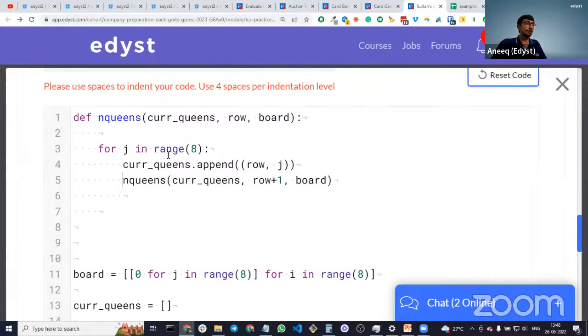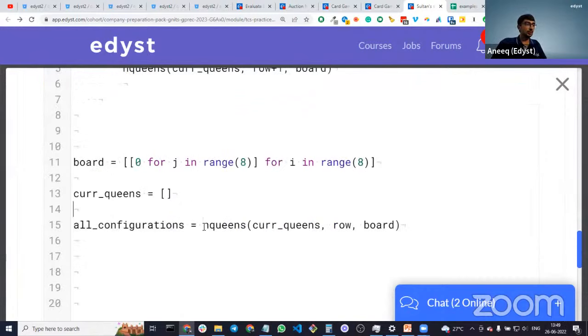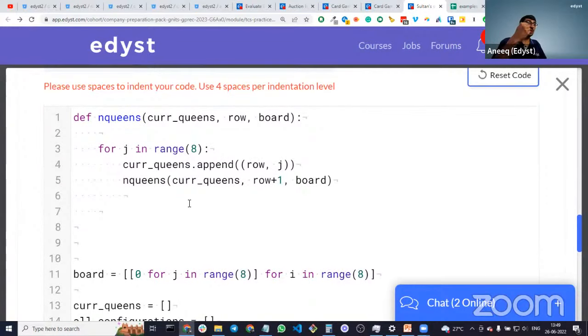So let's say it did work out. We have all configurations, so we don't need to do that. We can just do all_configurations is equal to a blank list, just keep a blank one here. Now what you'll do is you'll return true if it worked out, and you'll return false if it didn't work out. So I'll say answer is equal to this. If it worked out, great. If it didn't work out, then, if answer is true,